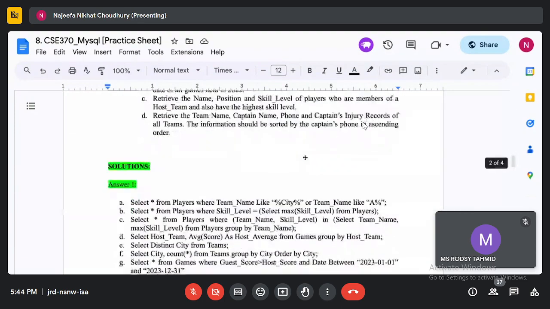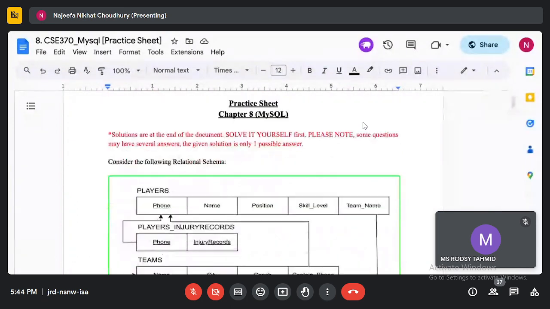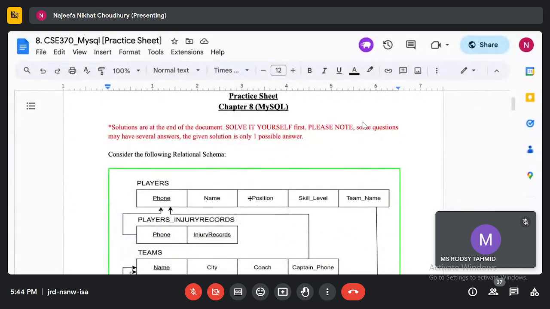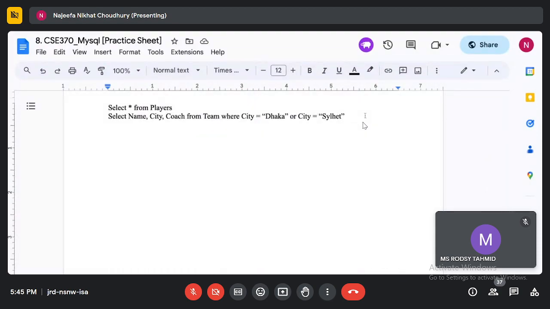Okay, so, okay, not team name XYZ will be only one. So who has a position of, let's say, XYZ. Okay, so this will be select. If I want to see all columns, then I will give star from players